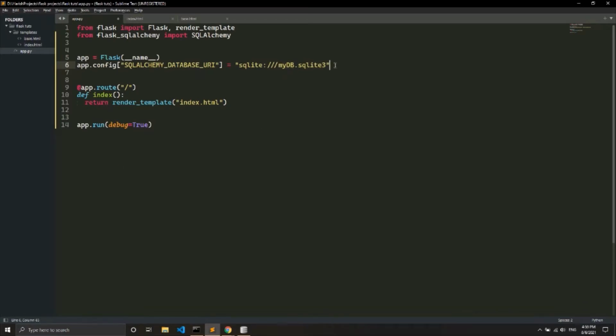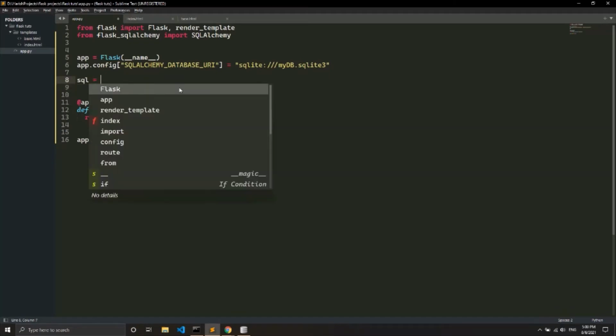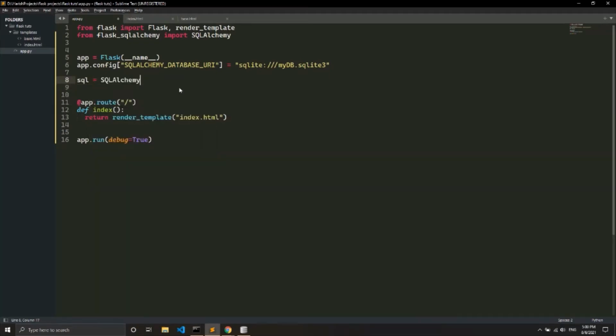So after you are done with this, you have to create a new instance of the SQLAlchemy class. I will name this sql equals SQLAlchemy, and you have to specify the app that we are using here. So I just created a new instance of sql, and we'll be using this to create our database. After you have done creating the instance, you have to initialize the database by saying sql dot create_all.